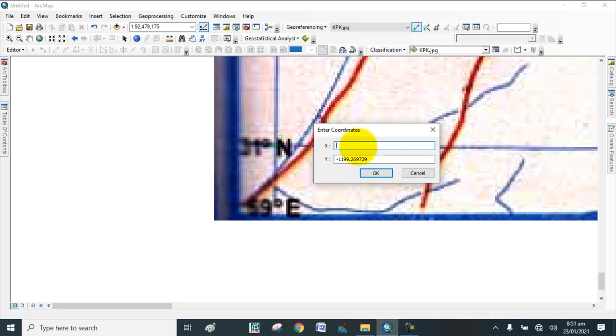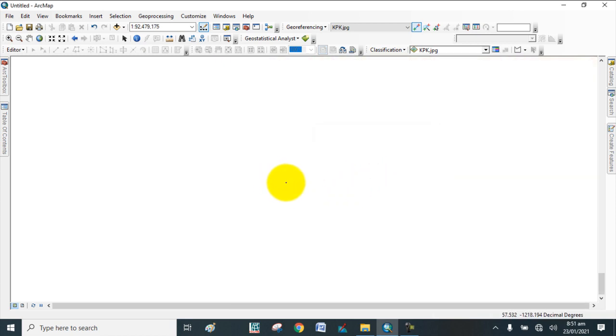Longitude is 69 and latitude is 31. Click OK. So the map disappears from the display.